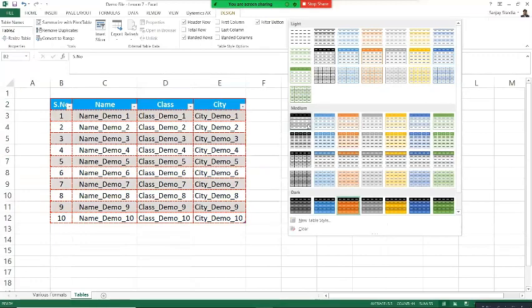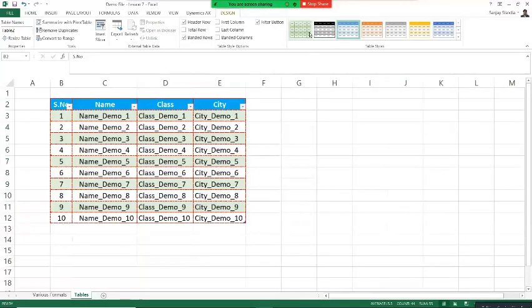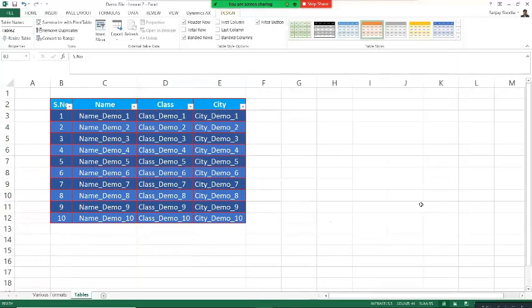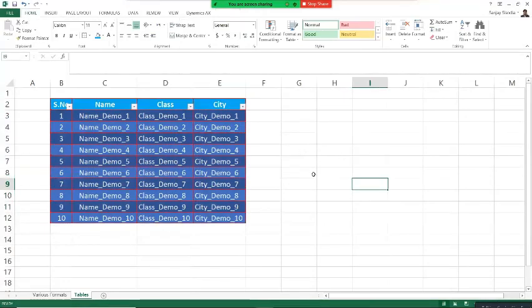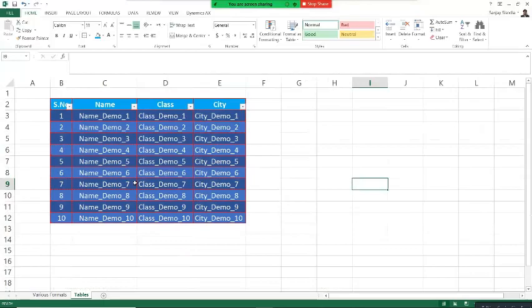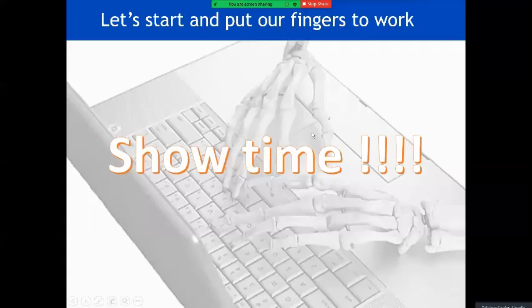And as soon as you apply that, your data will be presented in the same format as it is appearing here. So these are some of the ways of formatting the tabular data in Excel.